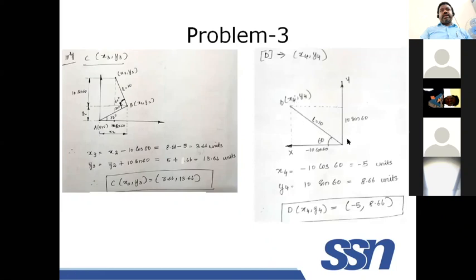Here if you look at, this is 10 unit, this is 60. 10 cos 60 will be this, 10 sin 60 will be this length. Okay. Sign value also you can take. X is negative direction, so that it is taken -5. Okay. Now we found all the coordinates,